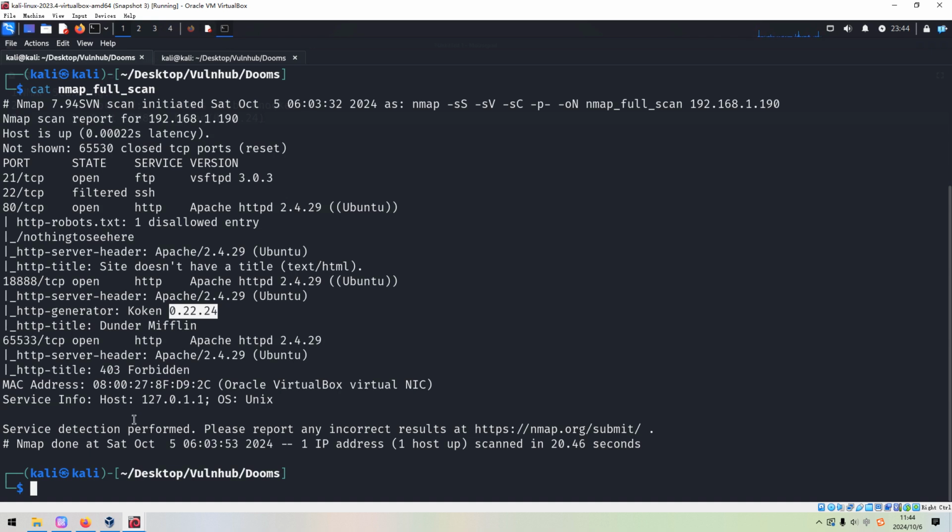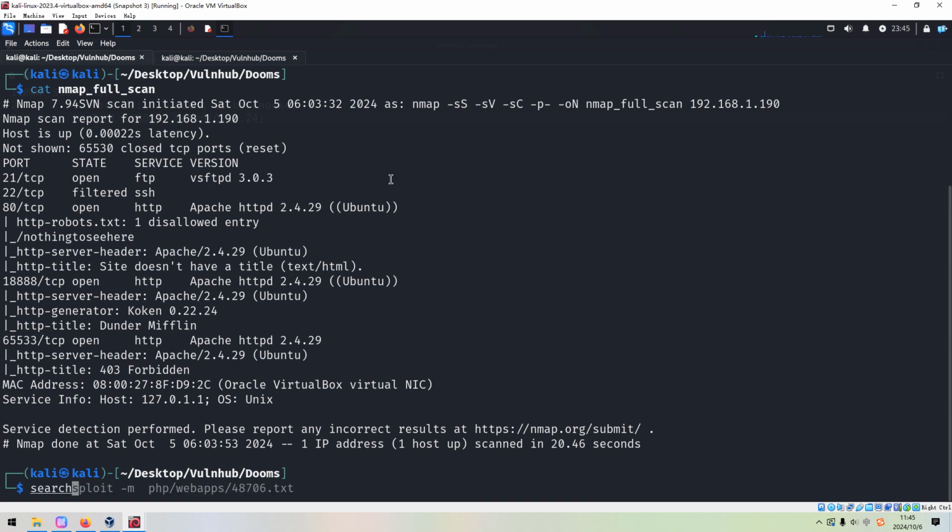So next, I think, where should we start from? Just as I mentioned in the other videos, if the target machine has a file sharing service running, such as FTP service, NFS service, Samba service, such a service should be the first choice to enumerate. In this case, it should be this one.